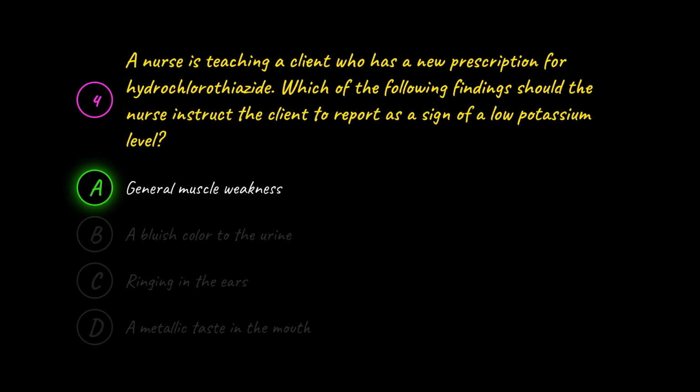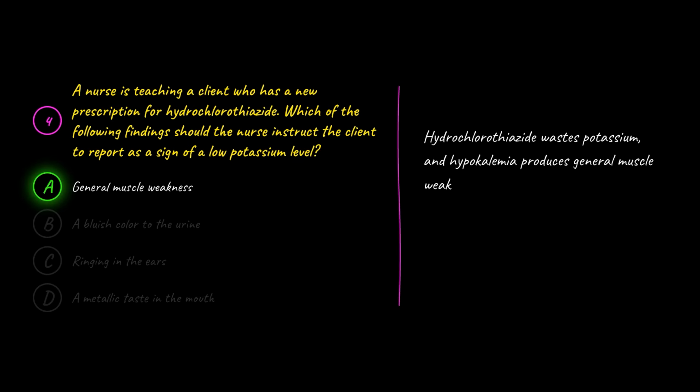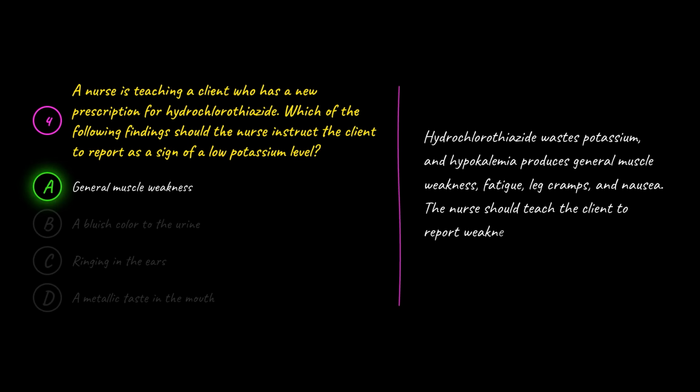The correct answer is A. General muscle weakness. A is correct because hydrochlorothiazide wastes potassium and hypokalemia produces general muscle weakness, fatigue, leg cramps, and nausea. The nurse should teach the client to report weakness so the provider can evaluate and replace potassium before cardiac